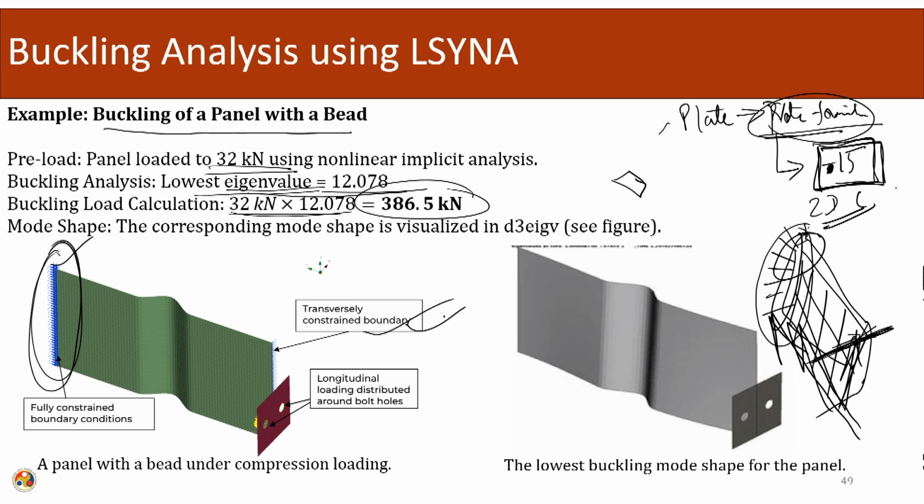After that, we need to give the material properties. We can choose any type of material. Let us say we have chosen steel. We need to give the density, the modulus of elasticity and the Poisson's ratio. So we have made the geometry, given the boundary constraints, given the elemental formulations, and given the material properties also. After doing all those things,